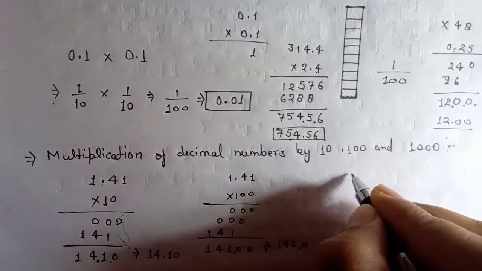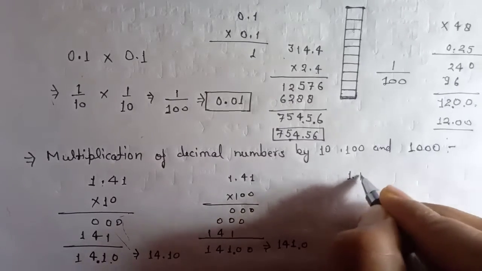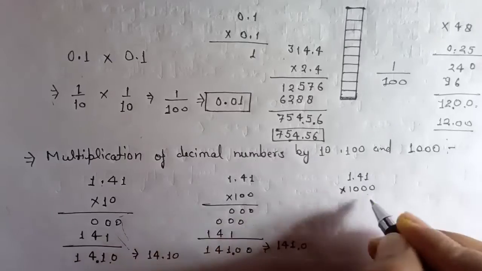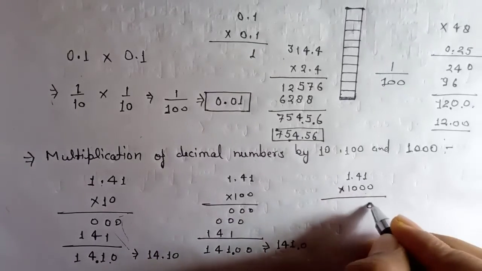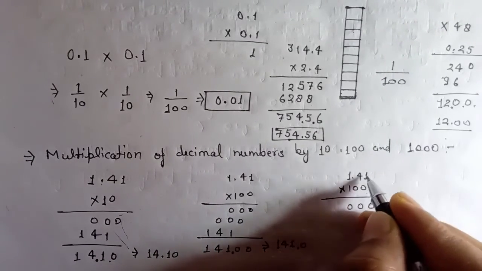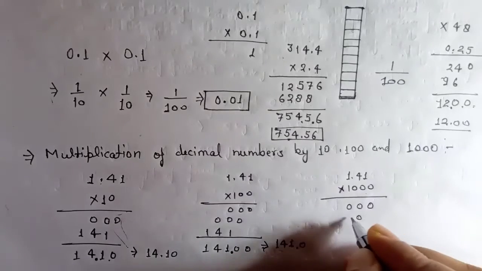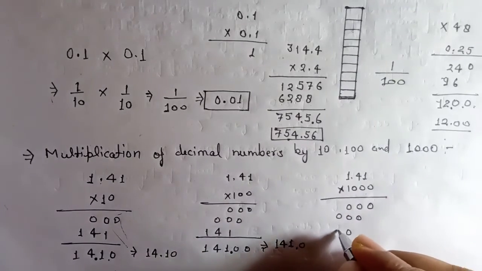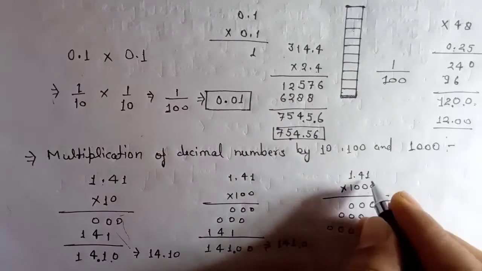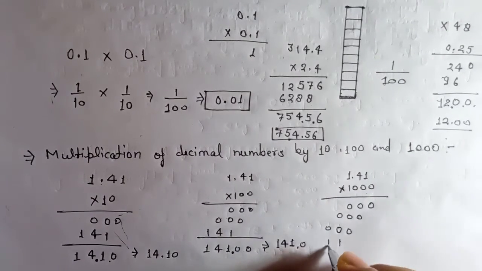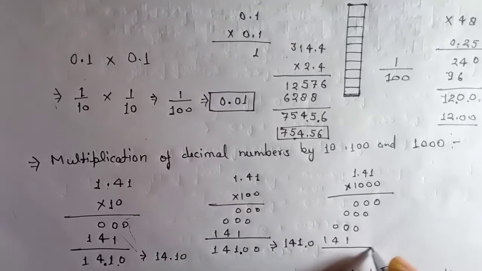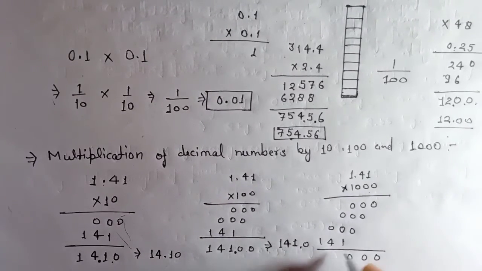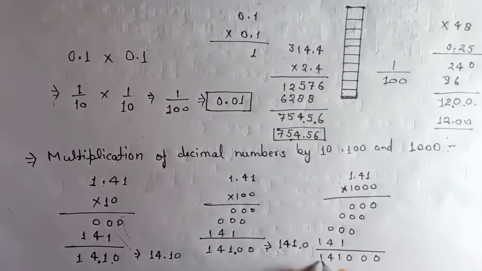What if we multiply this by 1000? 1.41 into 1000. Can you guess the answer? See what is the answer. 0 0 0 0. When 0 multiplies again, you get 0 0 0. When you multiply by 0, 0 times 1 is 0, 0 times 4 is 0, 0 times 1 is 0, and this one will give you 1 4 1. Now add your answers. This is now 0, this is 0 0 1 4 1.